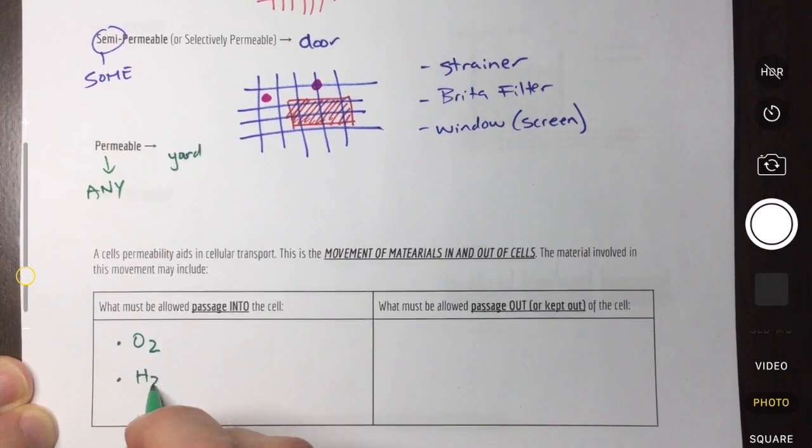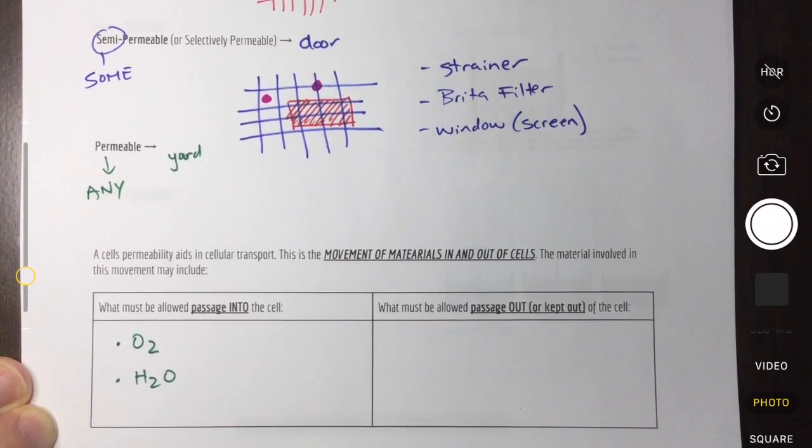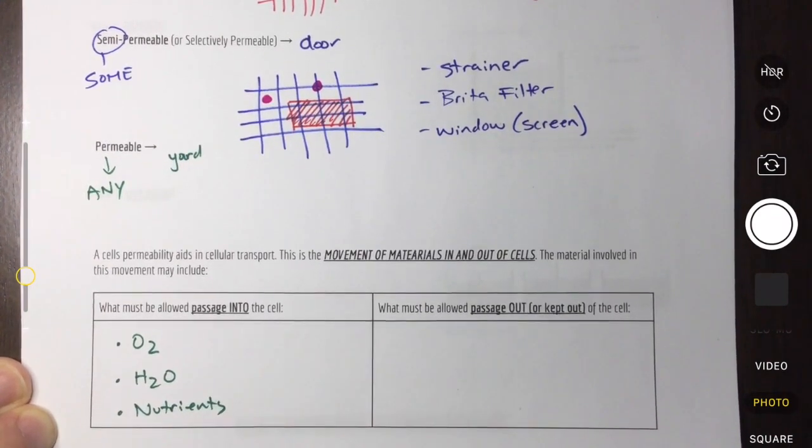Obviously, that is needed for the cell to be able to do its thing. We also need water for certain cellular processes. And the last key thing that we'll need are nutrients. Obviously, our mitochondria are going to need to use those nutrients to help create energy. Now, some things that the cell wants to either get out once it's used up certain products, or keep out, might include things like